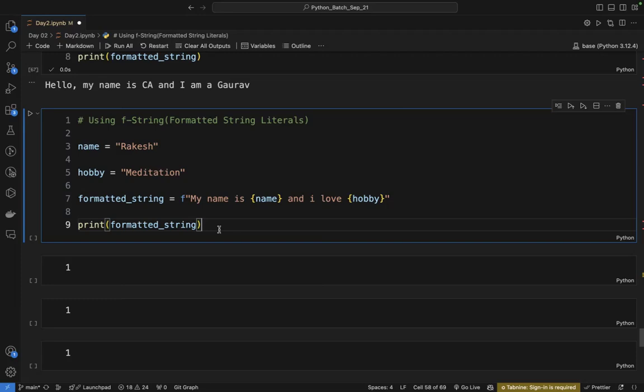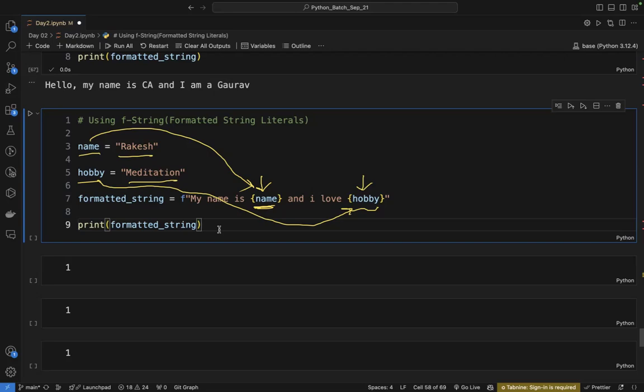अभी मैं बताता हूं, लेट्स अंडरस्टैंड दिस फर्स्ट। अभी मैंने एक वेरिएबल लिया नेम, जिसके अंदर मैंने राकेश रखा, हॉबी मैंने ये रख दिया। अब एफ स्ट्रिंग में ये चक्कर खत्म हो जाता है। यहां पे आप जो भी चीजें असाइन करोगे, यहां ऑर्डर डजंट मैटर। जैसे कि पहले ऑर्डर मैटर कर रहा था, यहां ऑर्डर मैटर नहीं कर रहा है। आप अगर यहां नेम लिखोगे तो दिस वेरिएबल विल टेक द वैल्यू हियर। अगर आप यहां हॉबी लिखते हो तो दिस वैल्यू विल कम हियर, अगर आप दो बार लिखते हो तो जितनी बार लिखते हो वहां वहां वो वेरिएबल अपनी जगह ले लेगा। दिस इज हाउ फॉर्मेटेड एफ स्ट्रिंग वर्क्स।